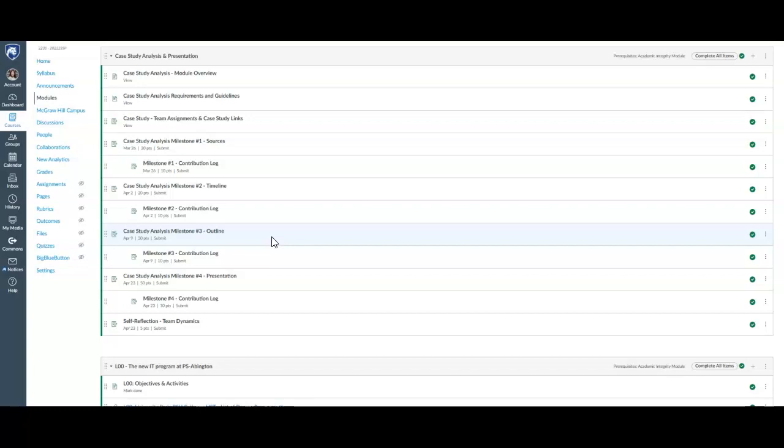I give you a template. Again, I'll talk more about that when we look at that. Once you've completed the outline, again, you'll complete an individual log, and then the same thing for the presentation. Now, for the presentation, I give you 2 weeks to work on this because I want you to build a